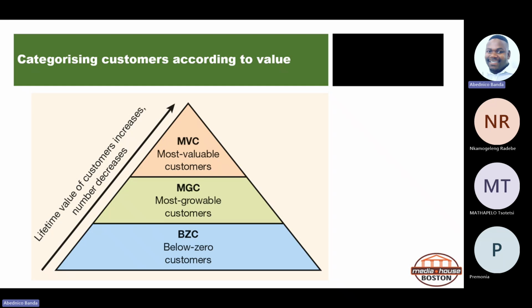The most valuable customers are the ones who are actually going to transact with you. Some can talk about you, but not get anything from you. Some can help you grow by increasing your customer base, but they are not buying anything from you. Then some can actually do all three. They can talk about you, buy from you, and refer others to you.